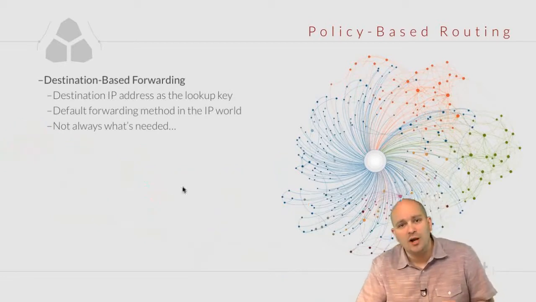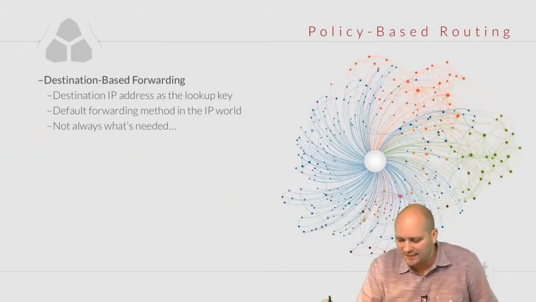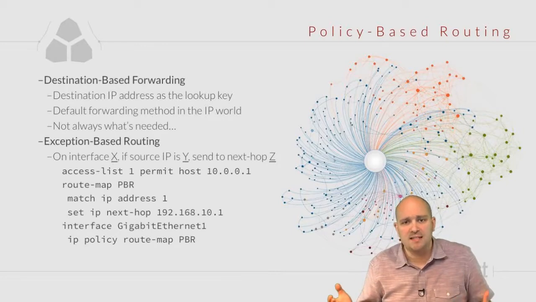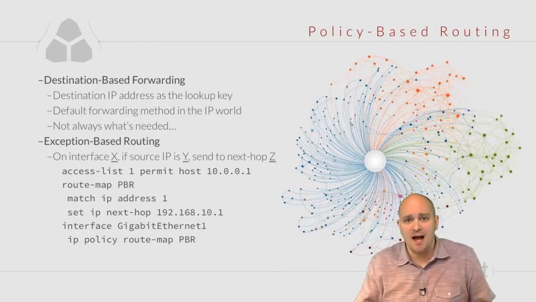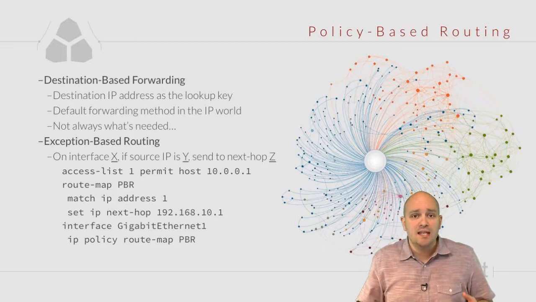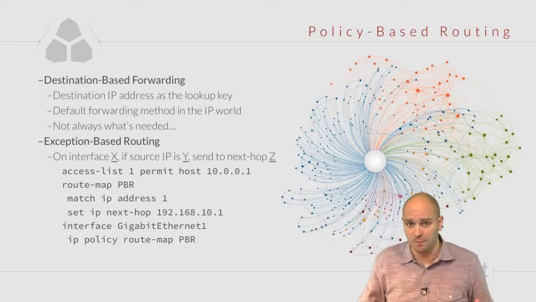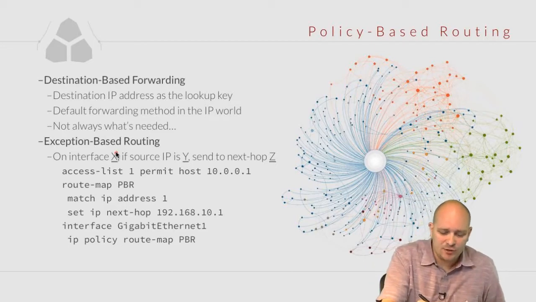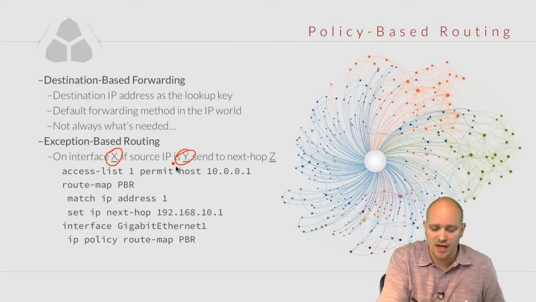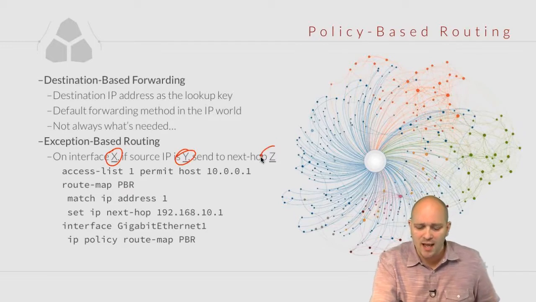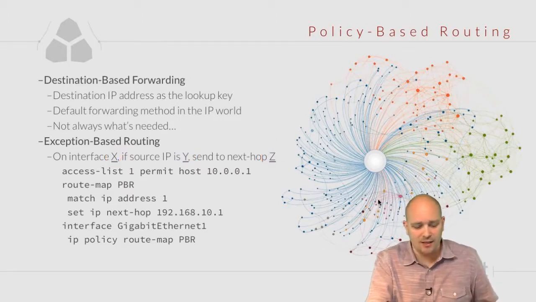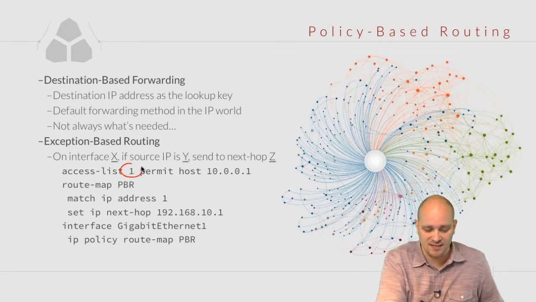What I want to do here is make an exception. So what we need is some sort of exception-based routing. And in IOS, this exception-based routing is called policy-based routing, or the PBR. So let's take a look at the example that I have here. Let's say that on interface X, if the source IP address is Y, let's send this traffic towards the next hop of Z. So the way I can do that is I can define an access list 1,